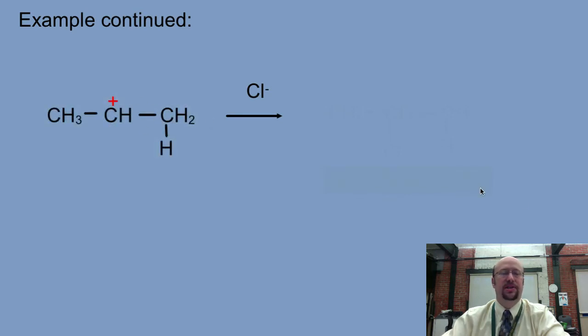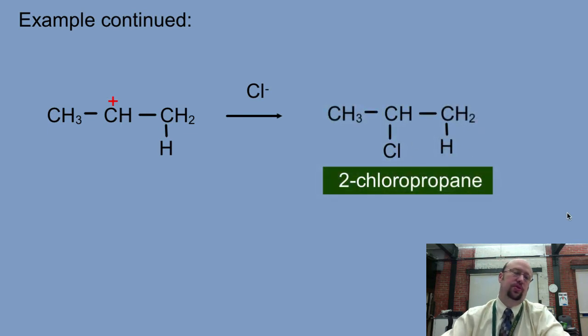If we know that we form the secondary carbocation there, the chlorine is then going to come in. It's going to attach in that second part. We're going to get 2-chloropropane in this case. All right, we're going to work a lot more examples in class, obviously, but that is essentially the principle by which